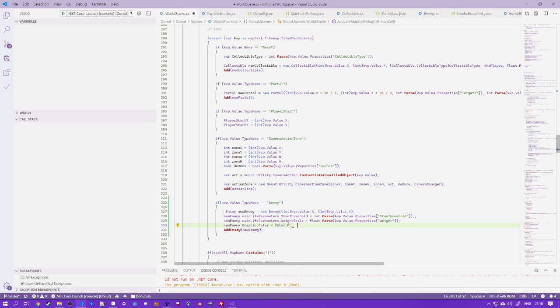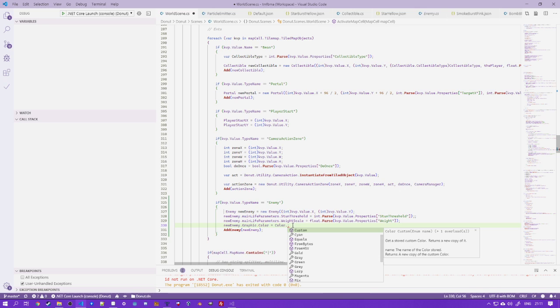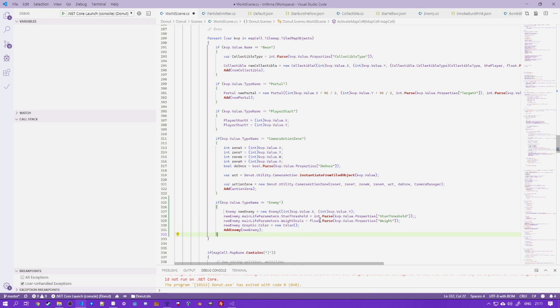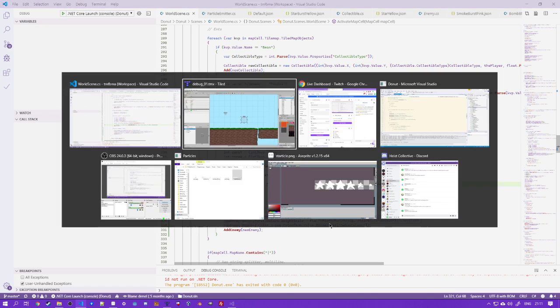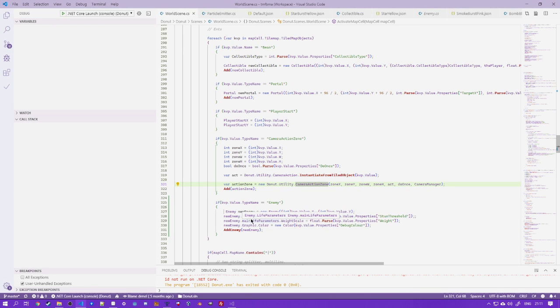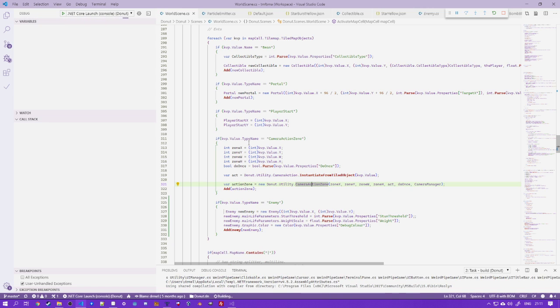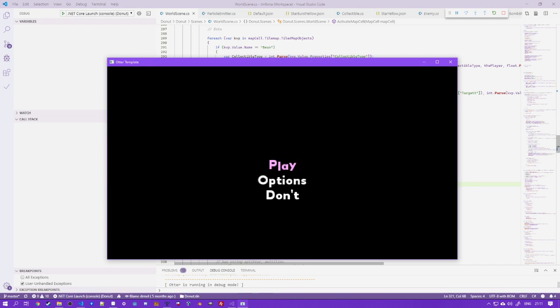Now can we parse a color? We'll try it just from a string. Get the feeling that that's going to break. But we'll see. Yeah, I'm basically making it so that I can load enemies from the map instead of creating